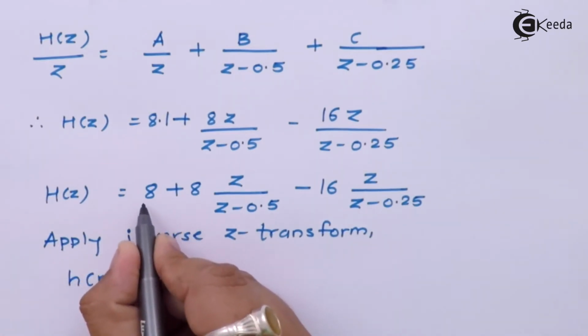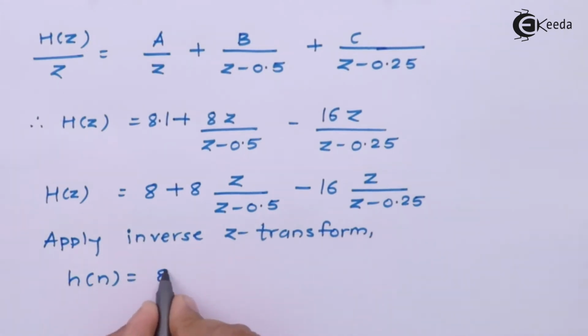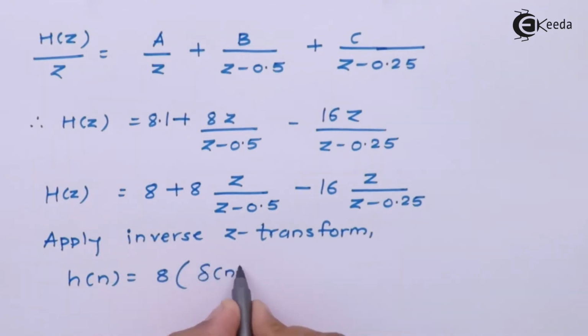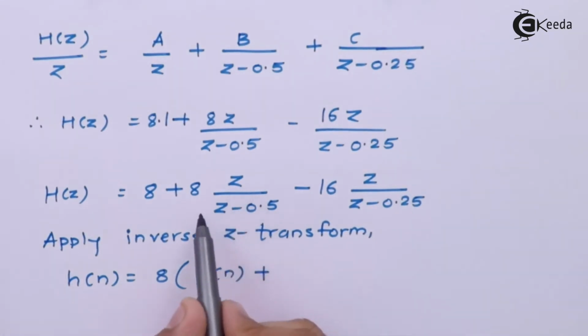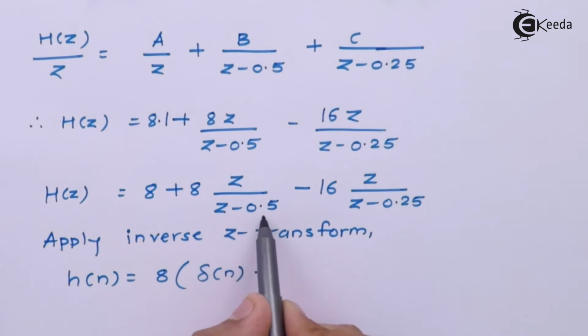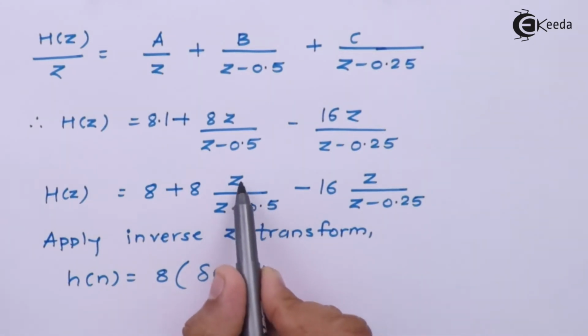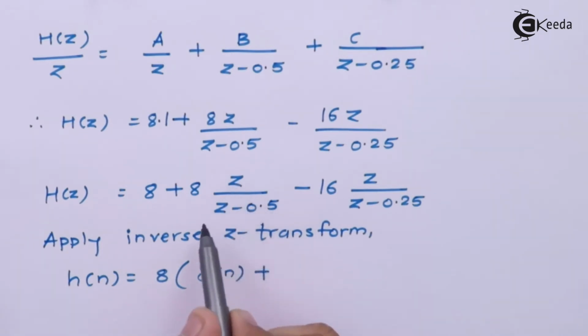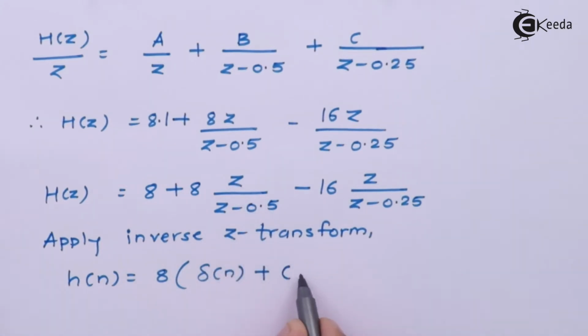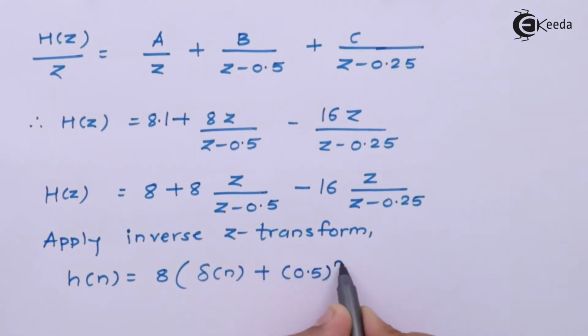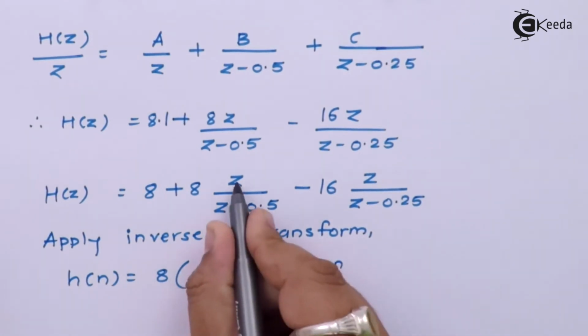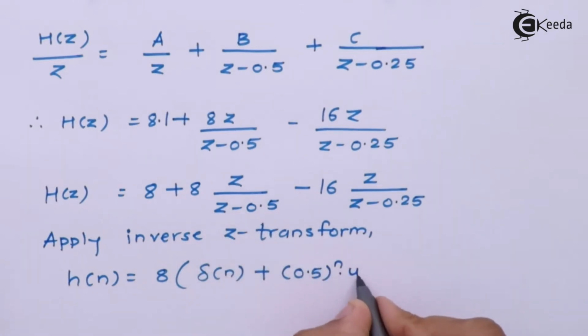Now we can take 8 common from all the equation, and this will be replaced by 1, and we know that the inverse z transform of 1 is always delta of n. Now look at it, what do we have? z upon z minus 0.5. This is the value of a, because according to the time scaling property, which is applied on the unit step, the result produced is nothing but z upon z minus a. So I am going to write here, this is the value of a, and we'll place power n, and what else is remaining? z upon z minus 1, that is nothing but the unit step response.